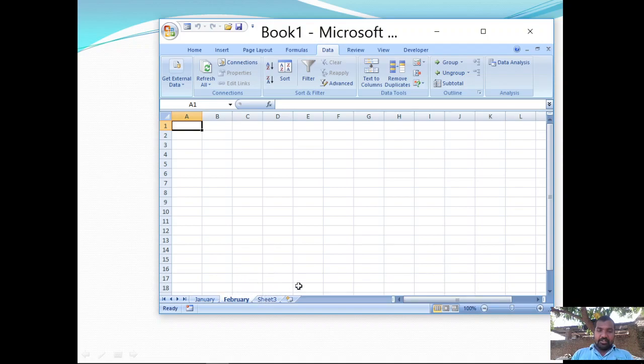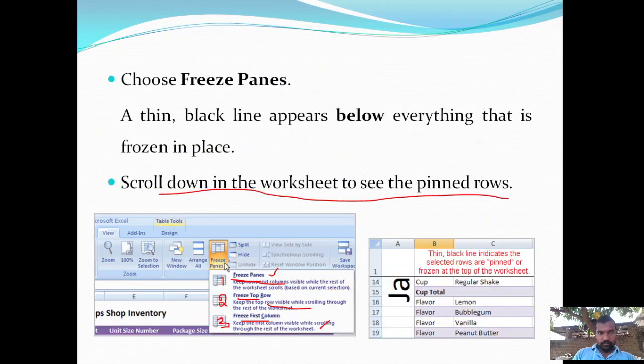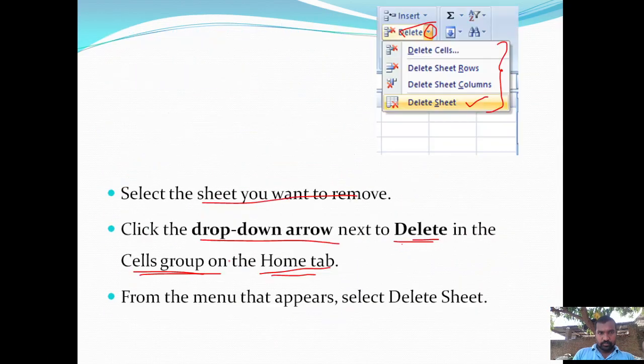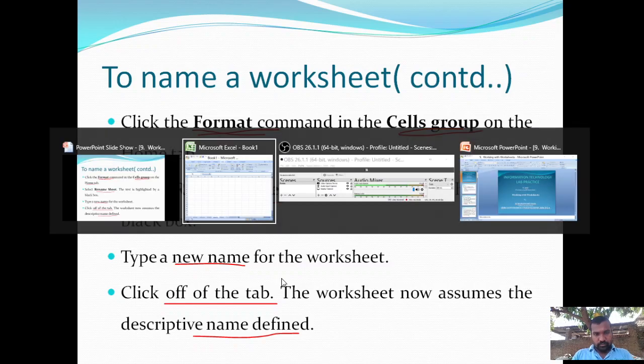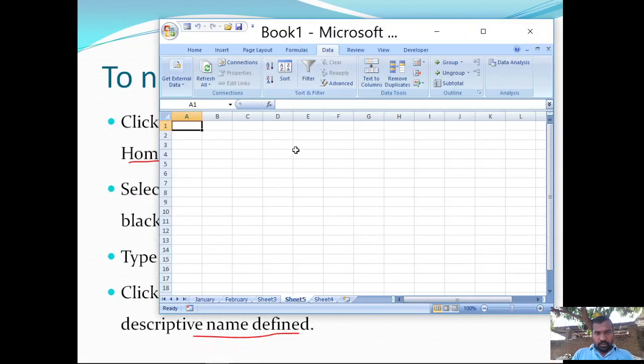If I want to create a new worksheet, what do I need to do? Just click on the insert worksheet button using the mouse left button, or you can use Shift plus F11. For example, I am using Shift plus F11 to create the new sheet. So Sheet 4 and Sheet 5 are inserted in our workbook.